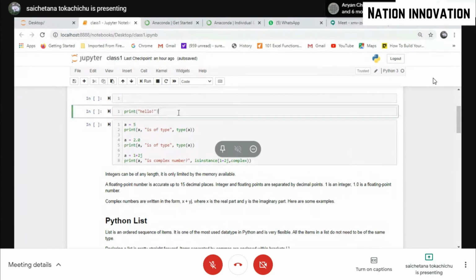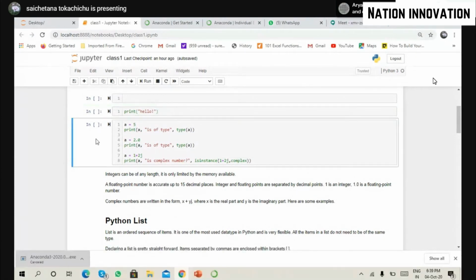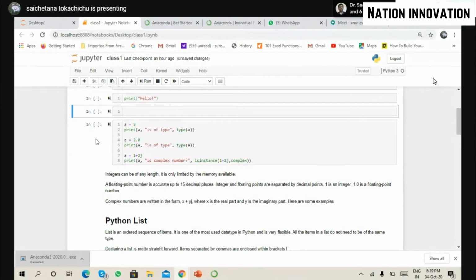So what is a number? As everyone knows, we have learned it from first class, I think: one, two, three. So those are numbers. So what is so different in these numbers in Python? In Python, we have integers, floating values or floats, and we also have complex numbers. I think everyone has an idea about what integers, floating values, and complex numbers are, right? So I don't have to go into detail.